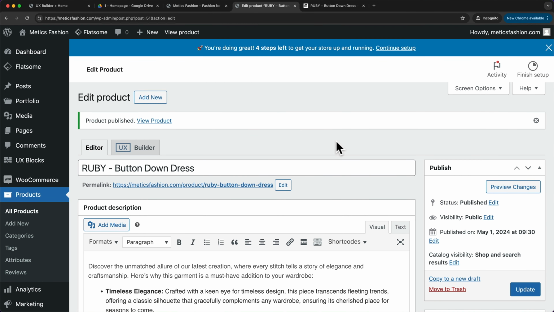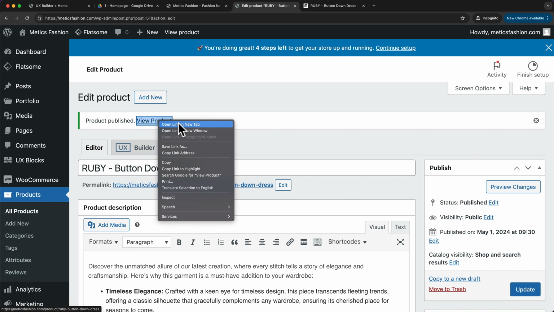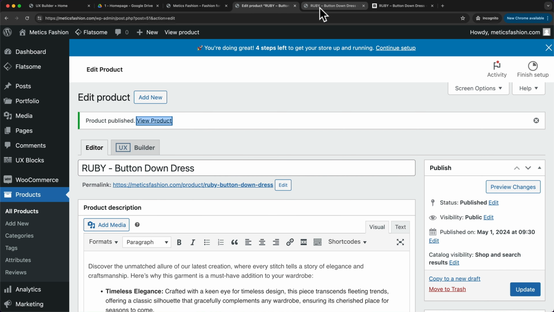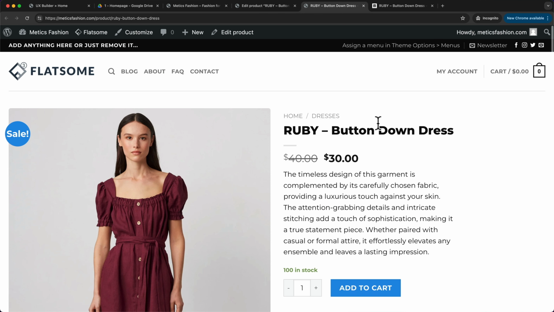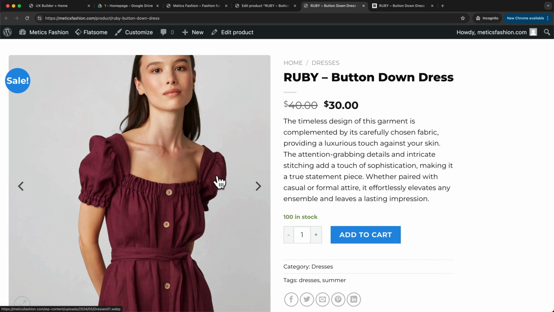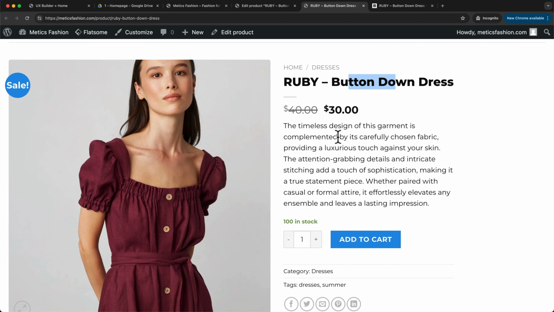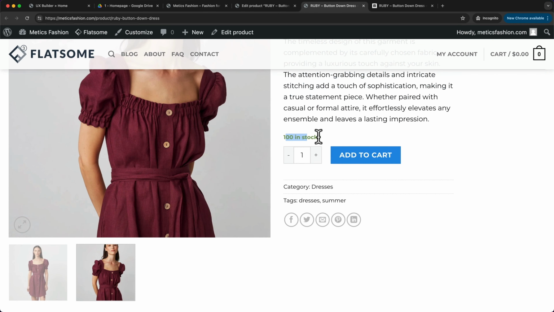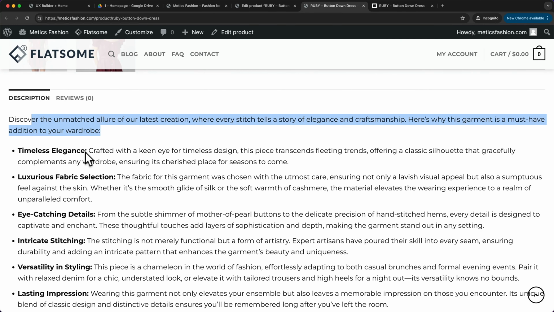Now the product has been published on our store and we can look at the product page by clicking on the product page link here, or we can also right click on view product, open in a new tab. And then here we have our product page. This is the product image here. And we also have one gallery image. We have the price, we have the name, the short description, the amount in stock, and then also the main